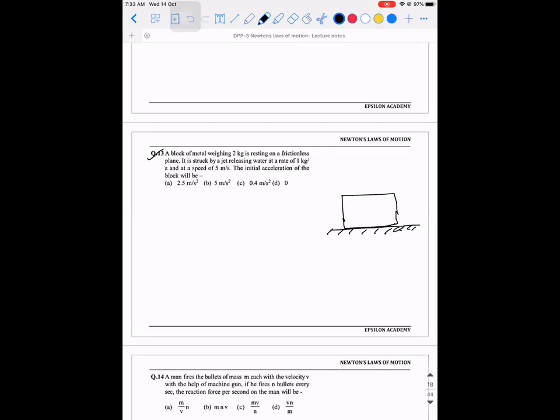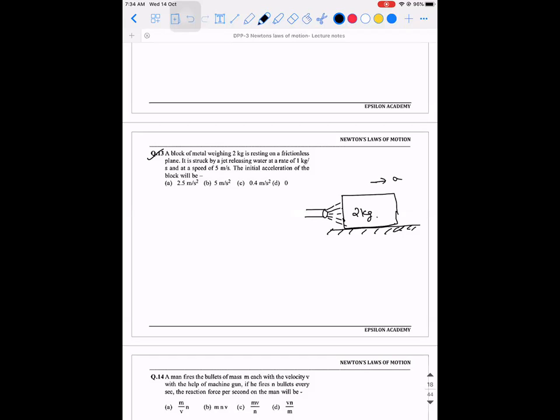So what is the mass of the block? 2 kg. You people tell me how to approach this. What idea is coming to your mind? So generally what can we do to move this block? You can use your hand to push it, but they are not using it. Instead, they are taking the help of a jet of water. If suppose you have a pipe here, from the pipe the water hits this, due to which the block starts accelerating. They're asking what is the initial acceleration.